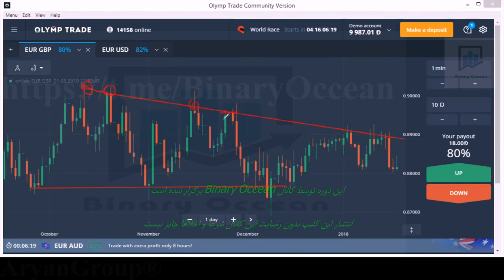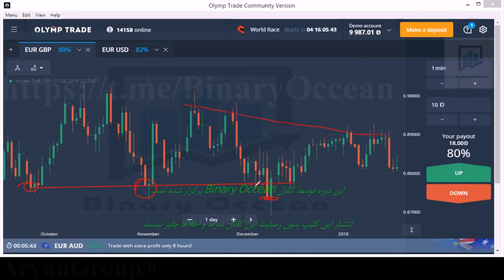The next exit point will be here, because we already know there is a buyer's entry. If the market hits this level, the buyers may enter at any time. So you can exit from the market from this level. But if you observe the market here, in this area we are seeing a buyer's entry, again a buyer's entry, but here we are seeing a breakout candlestick. So we can enter with buyers from this level directly, and you can exit from the market on the next entry point.